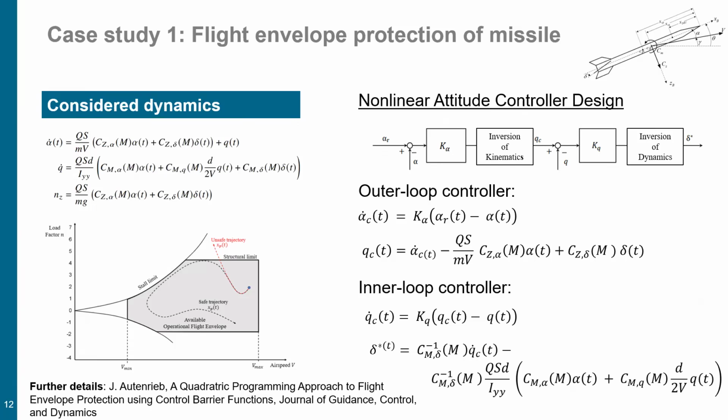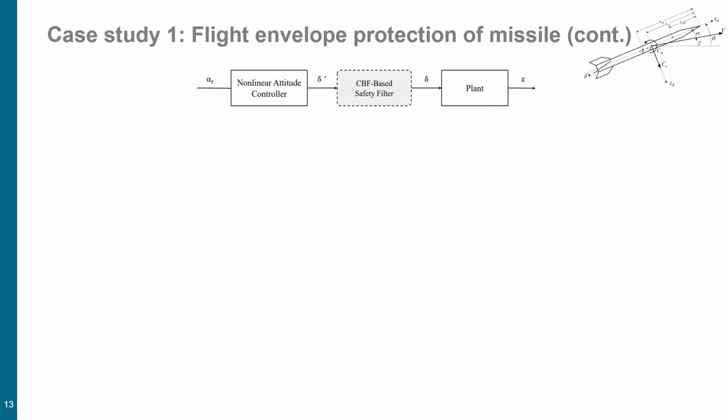So you could use a control barrier function to constrain the system in a certain domain. And in this case, a very classical NDI controller is used, just a cascaded NDI controller, very simple, just straightforward, getting you your control inputs. And you can retrospectively design a control barrier function, or let's say a safety filter, to ensure that the system stays in the flight envelope. And the idea is to pop this CBF-based safety filter right after your NDI controller,